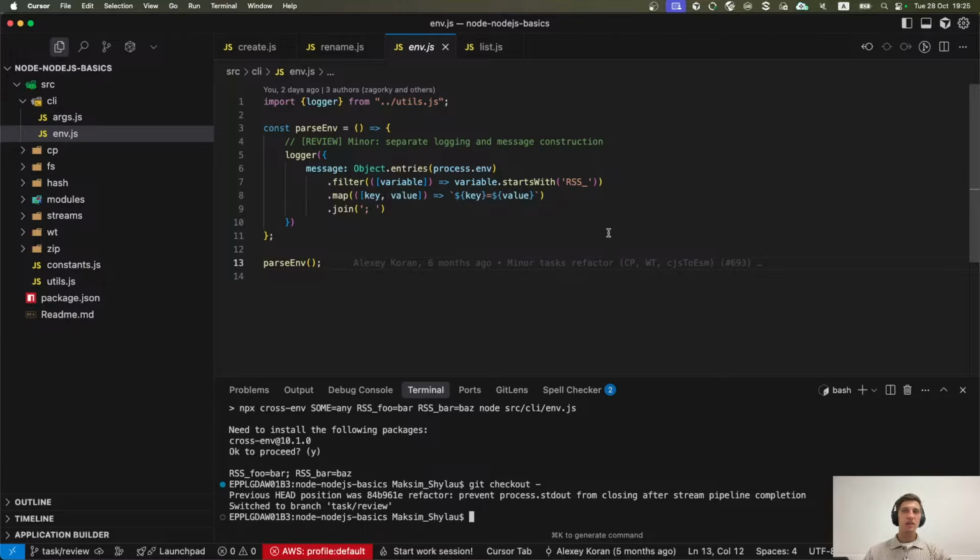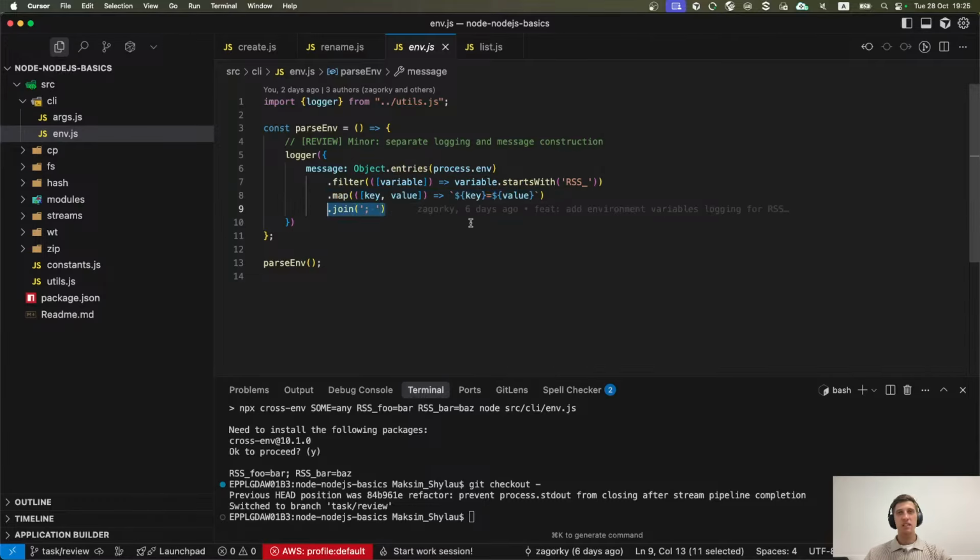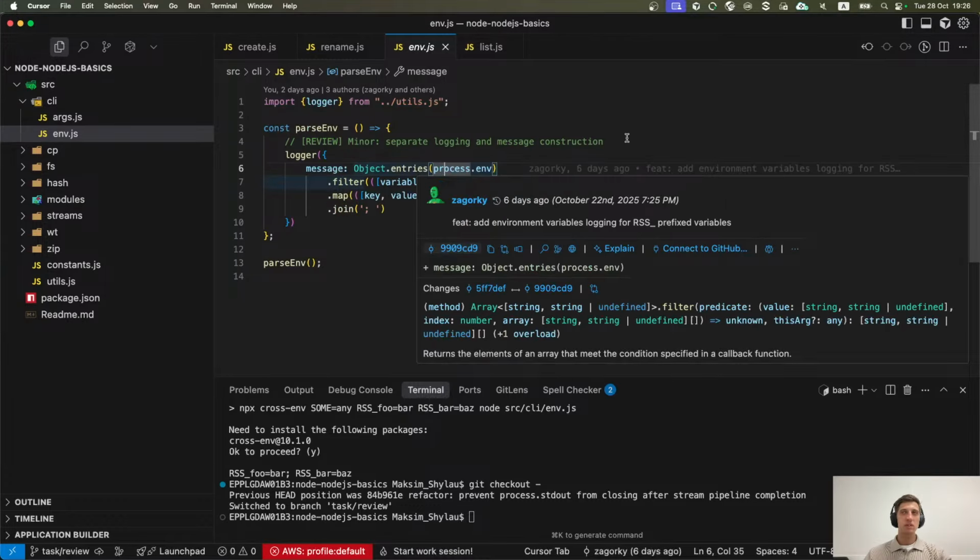I only see that there are too many inline operations, so we get key value pairs from process env property, then we filter it, then we map values to our desired format, then we concatenate it again with our delimiter, and probably this could be split into some variables.